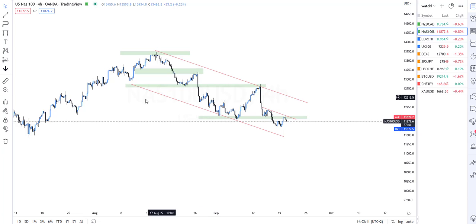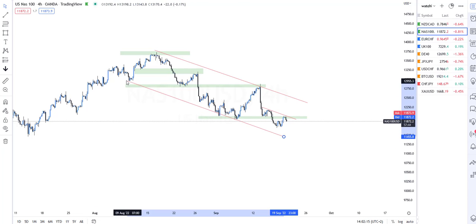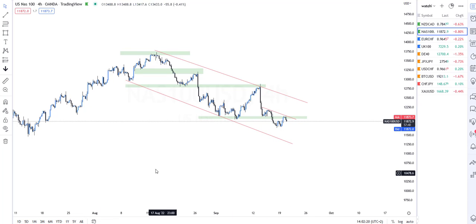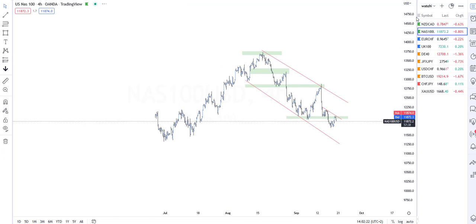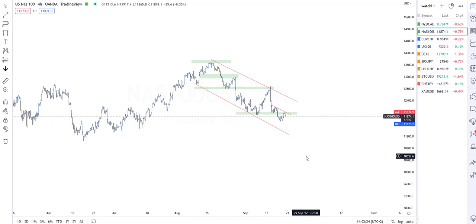It's easy to spot that we are in something that looks like a channel. Connect that there, connect this here. So this is what the structure is looking like. It's looking very bearish, guys, especially if we do not break above the